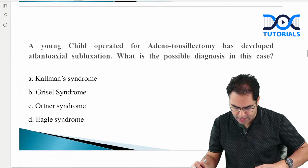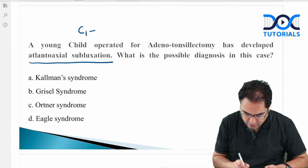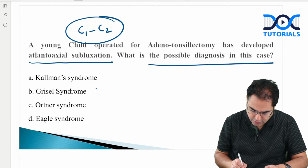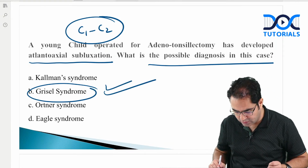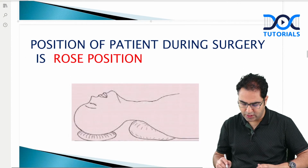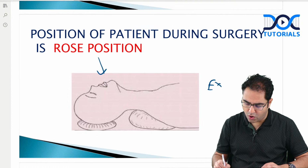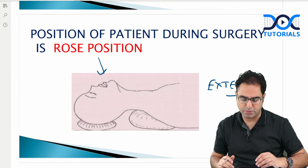Now, a young child operated for adenotonsillectomy has developed atlantoaxial subluxation, C1, C2 subluxation. What is the possible diagnosis in this case? The answer is Grisel syndrome. My dear friend, Grisel syndrome is the possible diagnosis in this case. Why? The surgery is adenotonsillectomy, and if you remember, in adenotonsillectomy there is the Rose position, with a lot of neck extension, and when you do overextension, the C1, C2 vertebra can get subluxated,